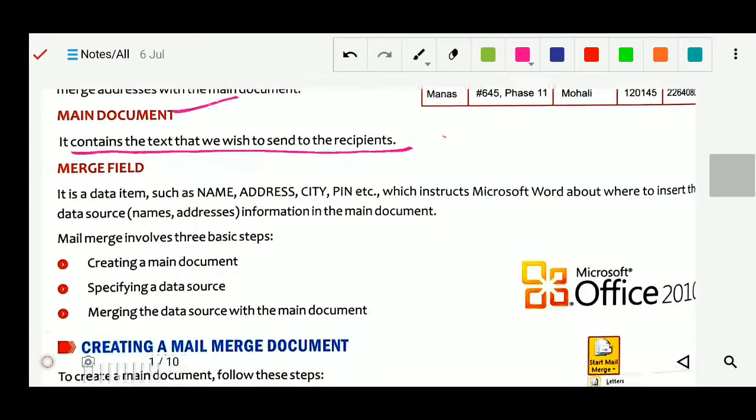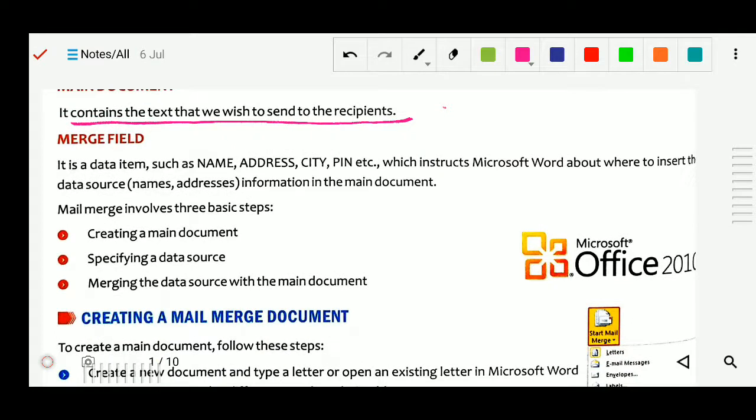Next is merge field. Merge field is a data item such as name, address, city, pin, etc., which instructs Microsoft Word about when to insert the data source name, address information in the main document. So this is about inserting the data.